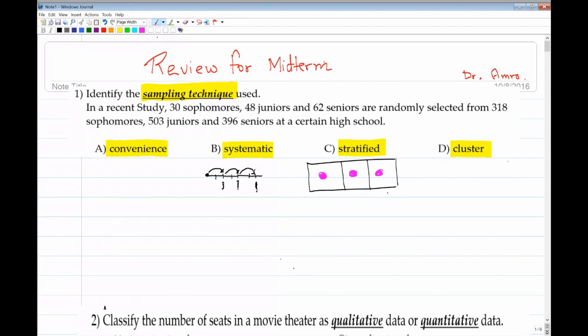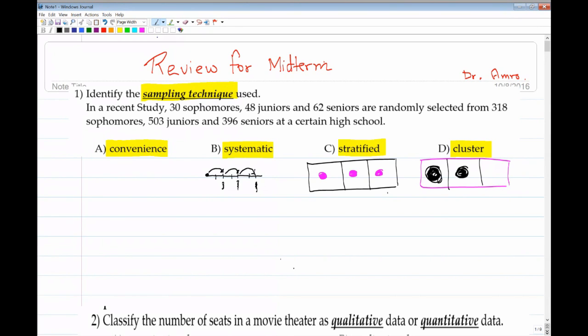With cluster, let's say that we divide the population again into different groups, and you go in and select from either one group or two, but not the third one. This way it looks like it's clustered within those two areas. It's like you're going to interview 5 elementary school teachers. I'm sure there are more than 5 elementary schools, but you end up selecting 5 of them